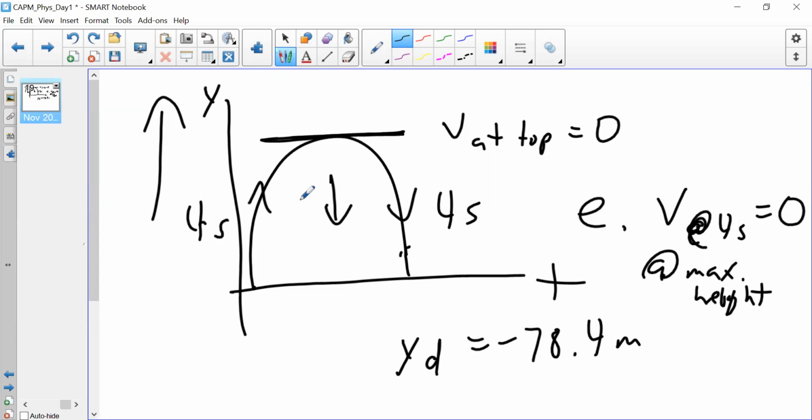Symmetry, everything's symmetric. So, okay, that being said, guys, I'll give it to 1 o'clock to turn this stuff in,